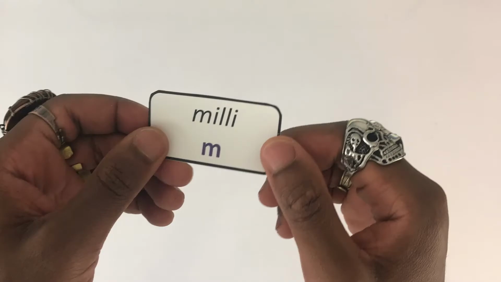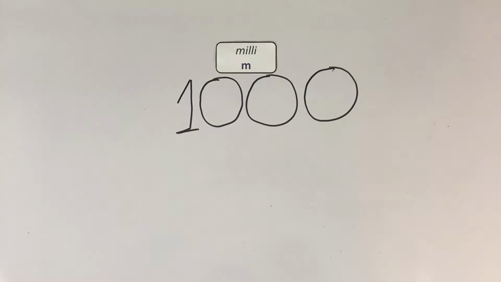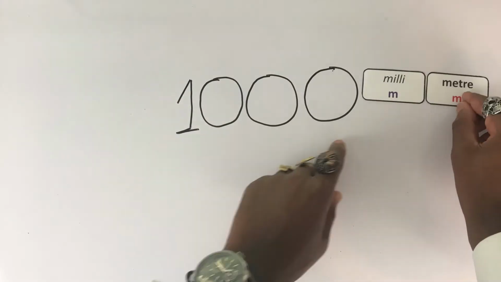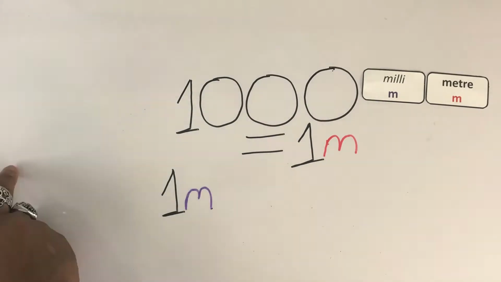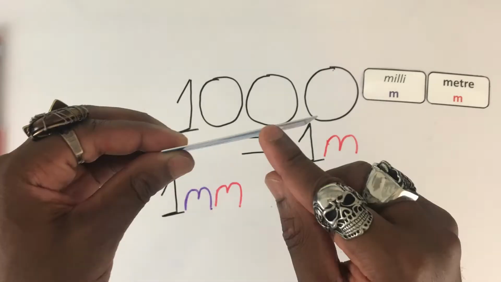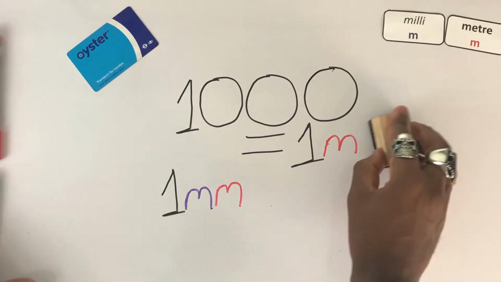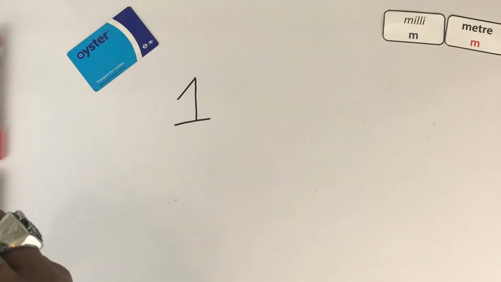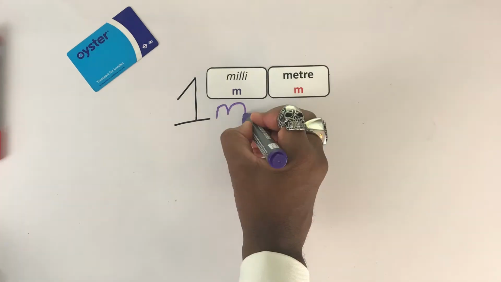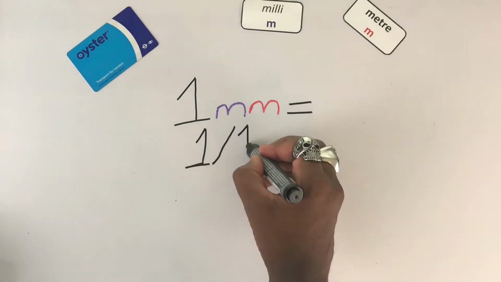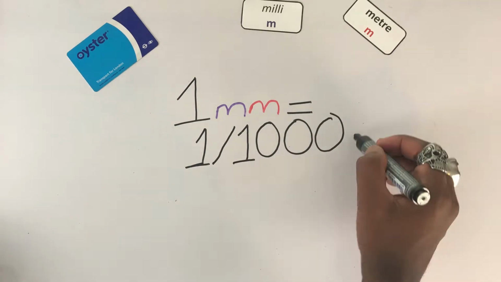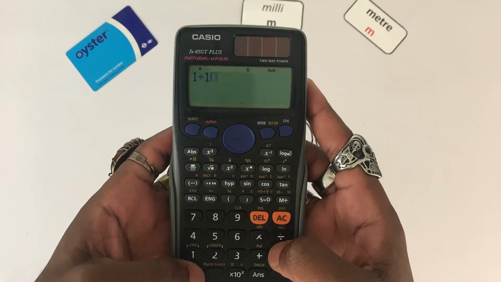A milli means 1,000th. That means you need to have 1,000 millimeters to make 1 meter. A millimeter is roughly the width of your Oyster card, which is also roughly the size of a frog egg. Have a look at how we write this. 1 millimeter equals 1/1000 meter. Put that in your calculator and that gives you